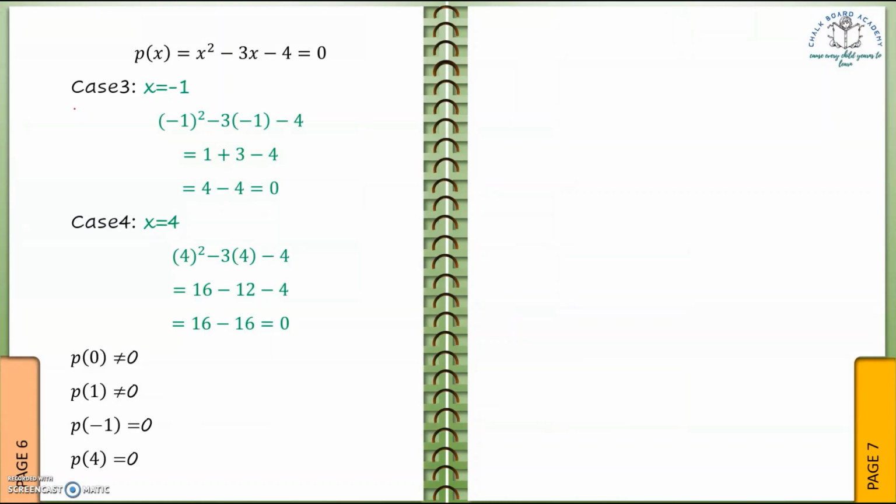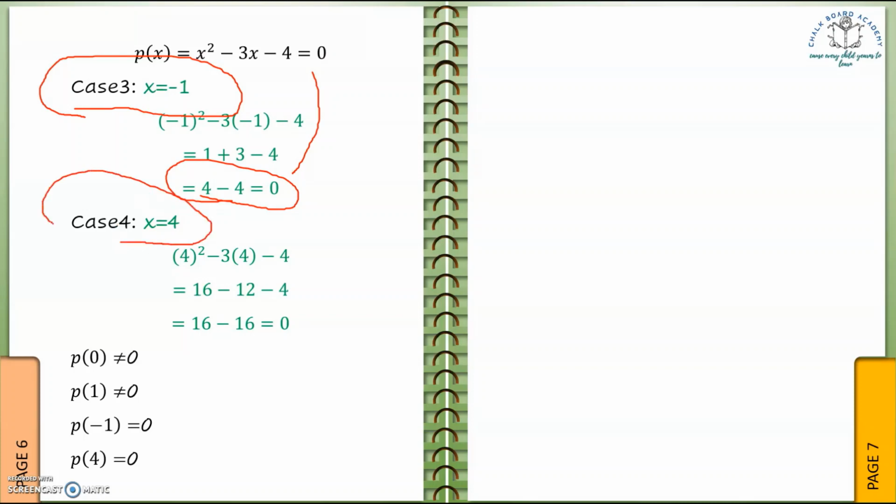So now we have taken case 3, in which we have taken x as -1. Now here we see that we get the solution as 0. So now here we can say that LHS is equal to RHS. So 0 is equal to 0. That is x is equal to -1 is the solution for this given equation. Similarly, we have taken another case here, that is x is equal to 4. Again we got the solution as 0. So this is also the 0 of the given equation.